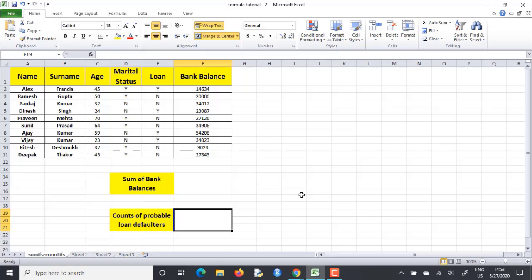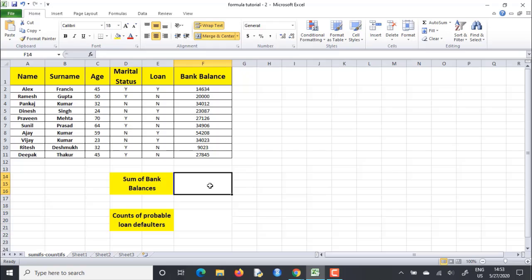Sum ifs and count ifs are different from sum if and count if in a way that in sum if and count if we were using only a single condition, a single bounding condition. We were only imposing a single condition for summing and counting up a value. But in sum ifs and count ifs function, we will be using multiple impositions. We can use as many impositions as we want to, and then it would do the sum and the count. So without wasting any more minute, let's get started. First of all, we will talk about sum ifs function.